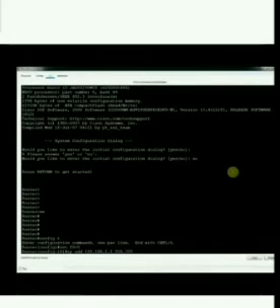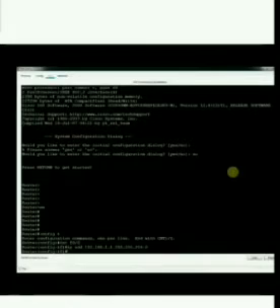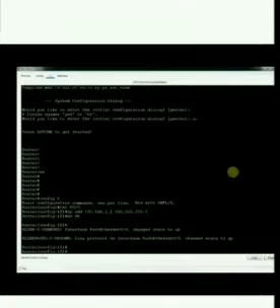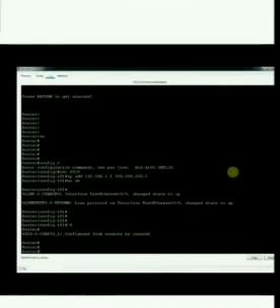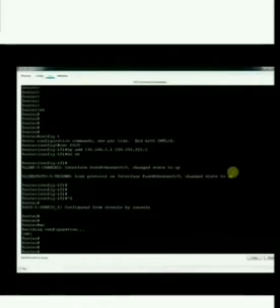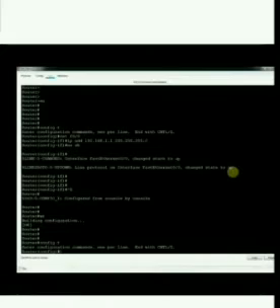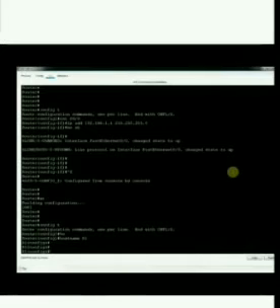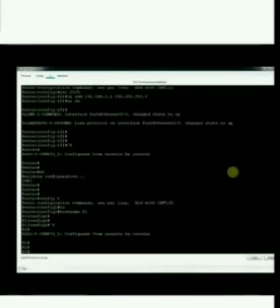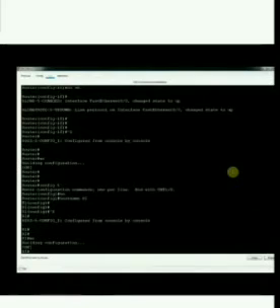To assign the IP address, I am going to interface F0/0, because we know this interface F0/0. Then how will we assign the IP? We write ip address, then 192.168.1.1 and space, and subnet mask and space, 255.255.255.0. Then we need to write no shut, because by default all Cisco router interfaces are shut down. So we need to write no shut to make the interface up.